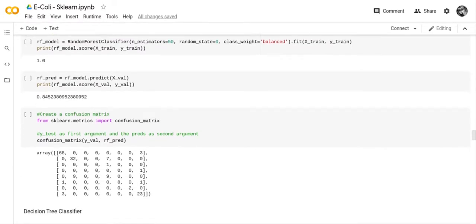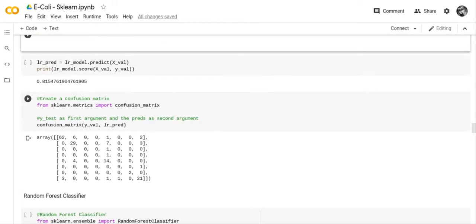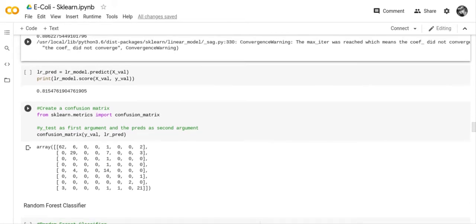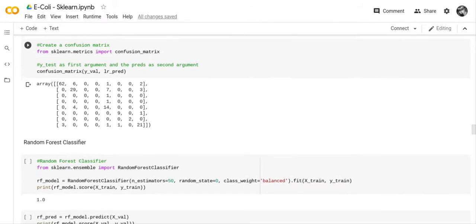And what we do is we predict on our validation set, and we had an 84.52% accuracy when we predicted on our validation set,